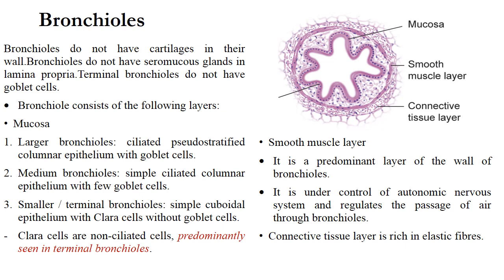Now in the case of the terminal bronchiole, we have Clara cells. Clara cells are non-ciliated cells and they replace goblet cells. They have microvilli on their apical surface. They secrete surface active proteins. They have secretory proteins, and they reduce the surface tension and reduce the collapsing tendency of the airway. So it keeps the airway patent.